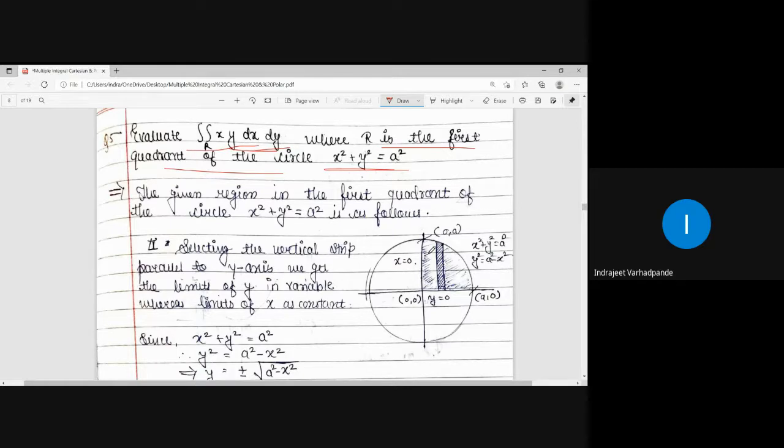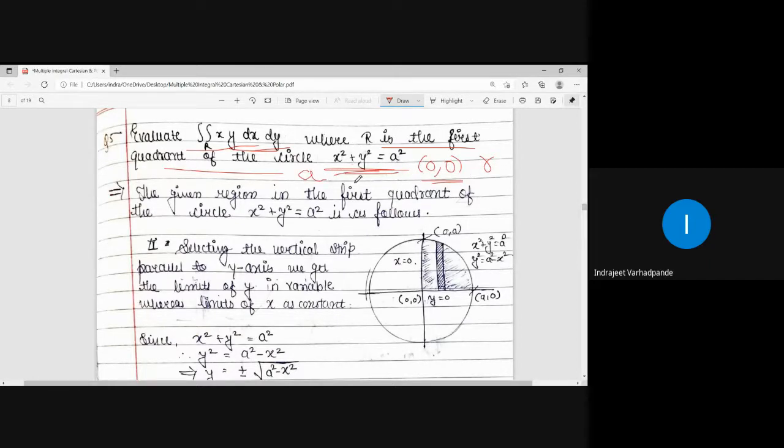Now what is the equation given to us? The equation given to us is the equation of a circle. What is the equation of a circle? The equation of a circle is x square plus y square equal to a square. Now this equation is a standard equation which represents center at origin and radius as r. So in general, the equation of a circle is x square plus y square is equal to r square. In this place, it is x square plus y square is equal to a square. So the center of the circle is the origin and the radius is equal to a.